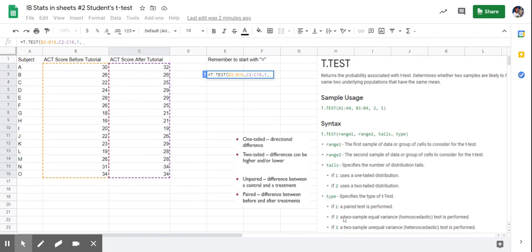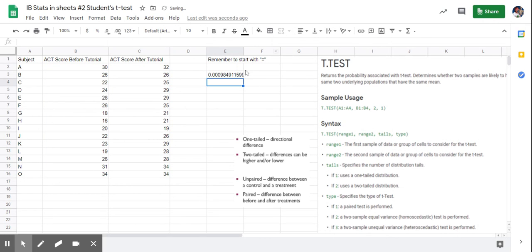I'm going to type a 1 if it's paired, a 2 if it's unpaired with equal numbers of data, and a 3 if it's unpaired with unequal numbers of data. So we have a paired test, before and after treatment. So I'm going to type in a 1, and then I'm going to put my end parentheses, and here is my